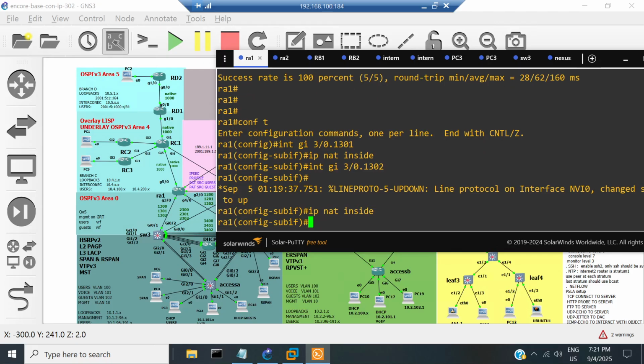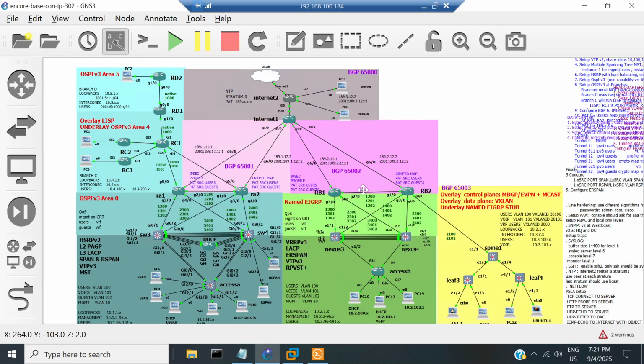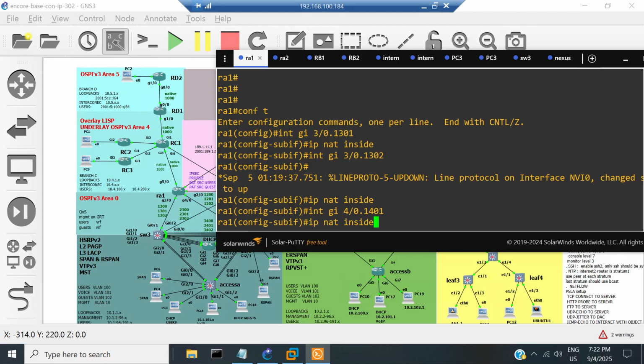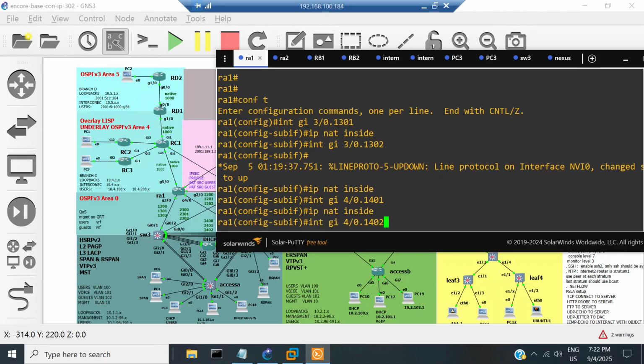And then we're going to do the same with gigabit 4.0, and we're going to use these numbers 14.01 and 14.02 as inside,